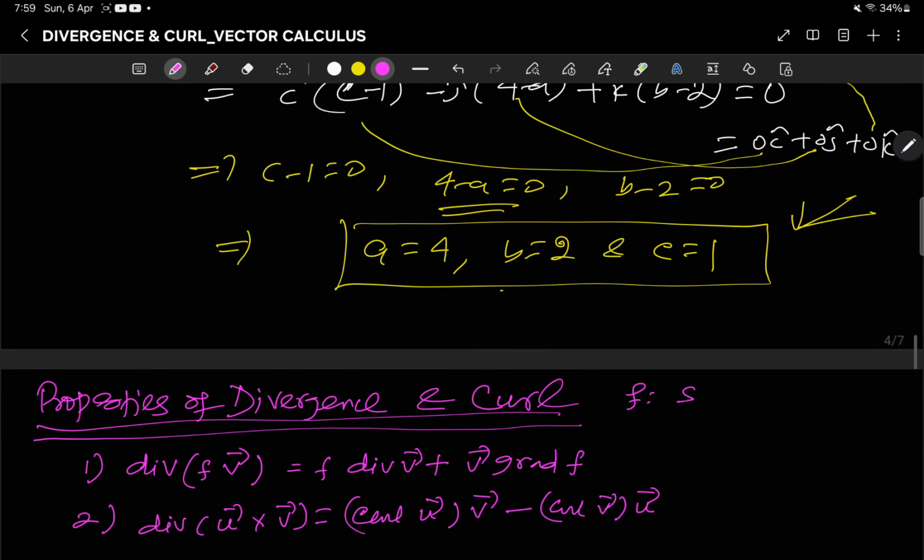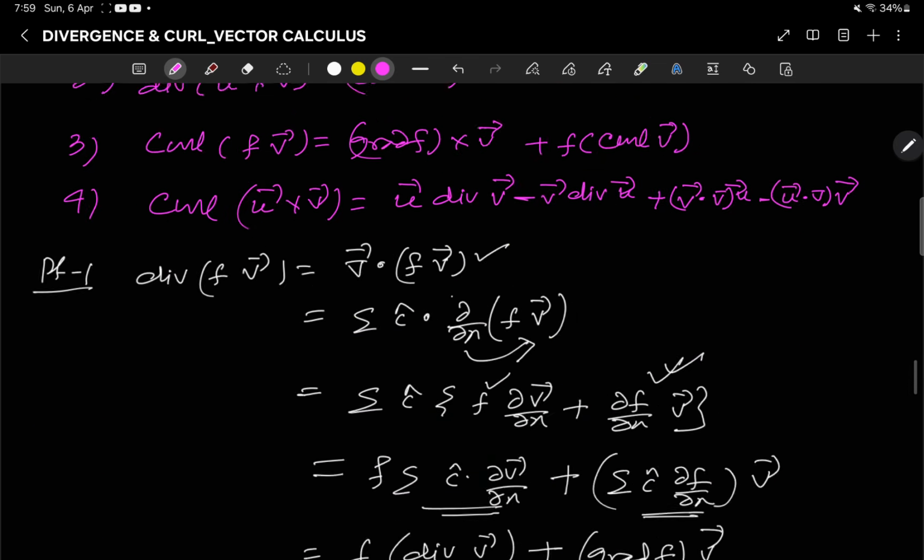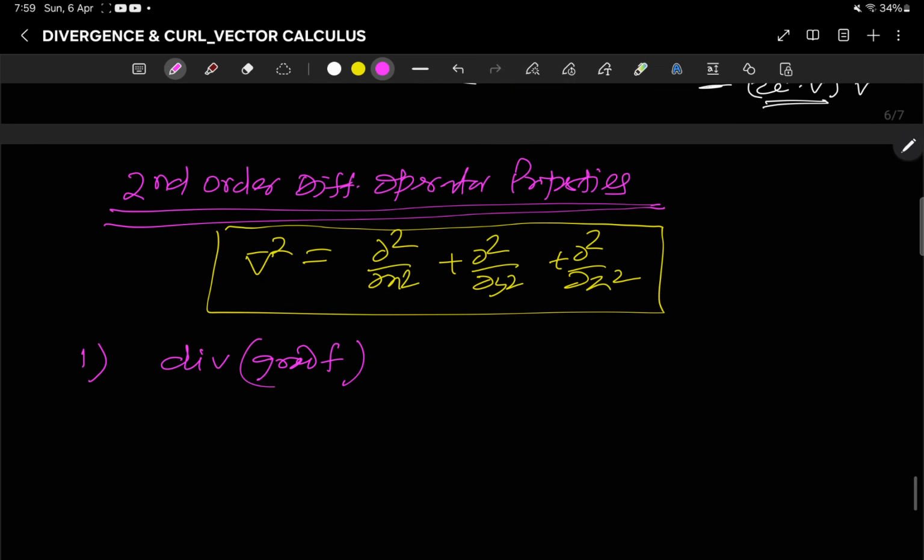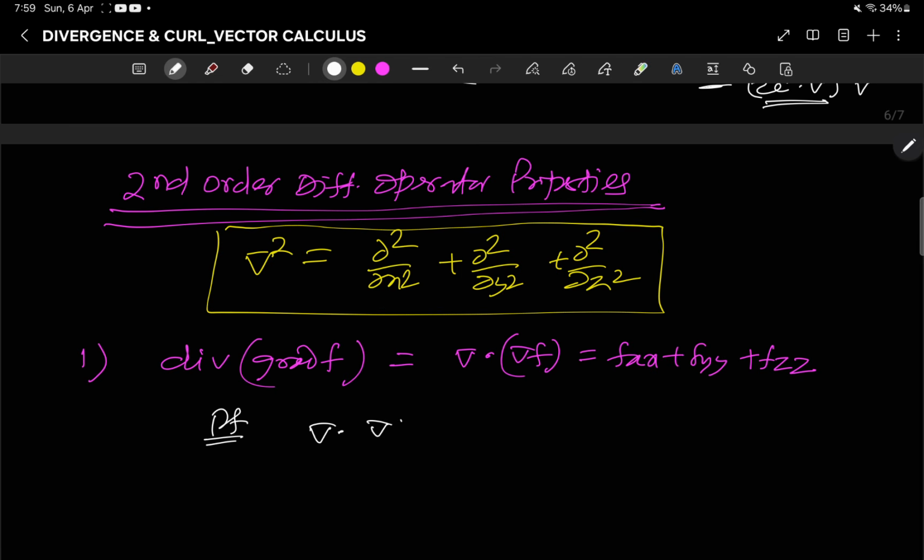F is a scalar. U and V are vector point functions, vectors. Here, likewise, consider the div of grad f, which you can write as del dot del f. This is equal to fxx plus fyy plus fzz. You can prove it. If you want to prove it, here del f is equal to